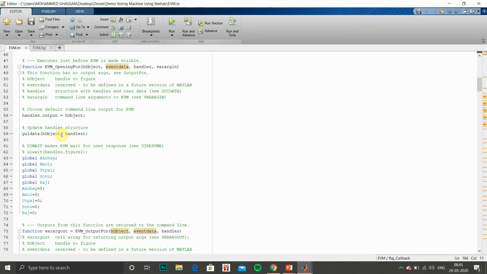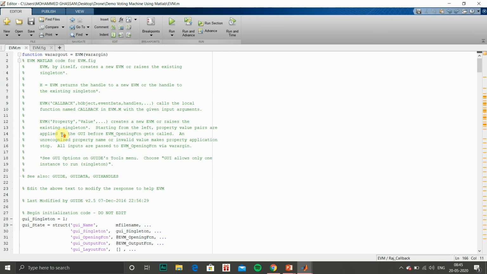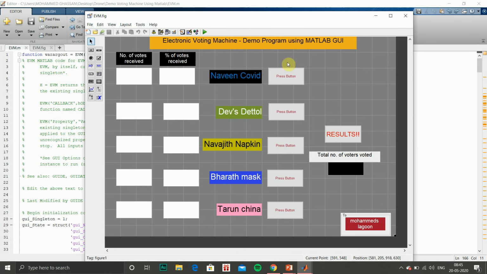When we are doing any voting count, first we have to initialize all the votes for single members to 0. That will be our first task. Define all the names and initialize those names as 0 votes. Then for each person we have to assign a push button.